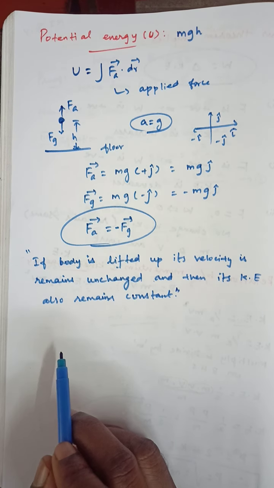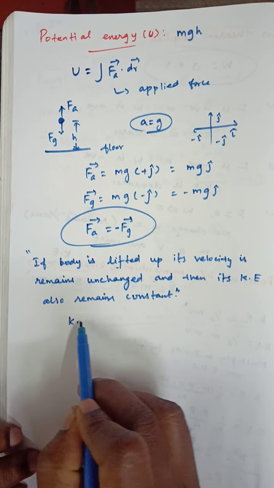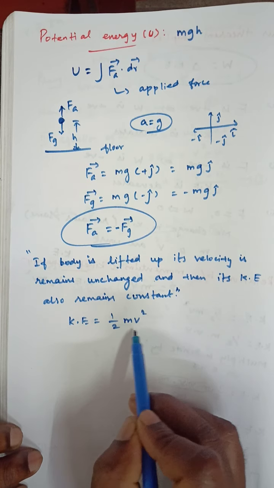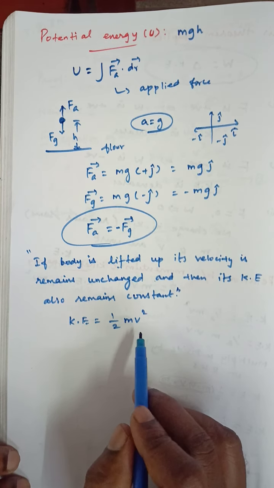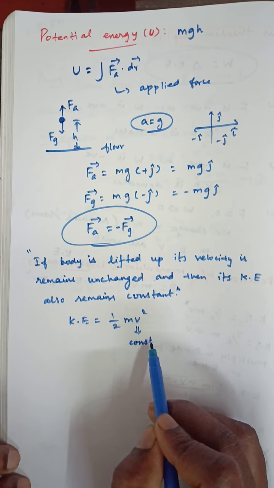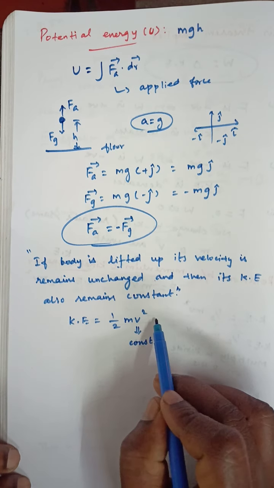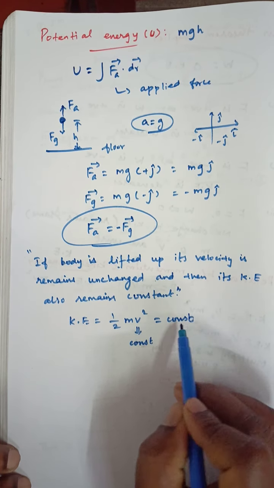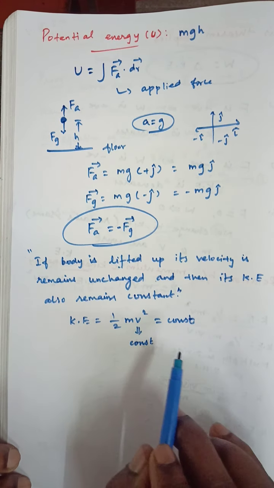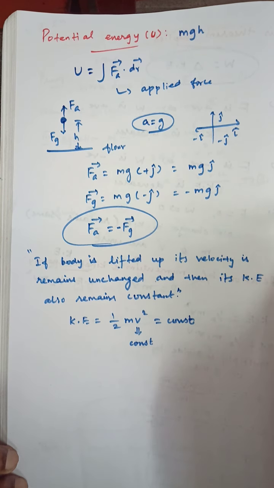Okay, so what is the formula for the kinetic energy? Kinetic energy formula is half mv square. The v is the velocity. Okay, if v is constant, it means moving with the same speed. The entire kinetic energy is also constant because 2 is a number and m, the mass, is also constant, so the entire thing becomes constant. If kinetic energy is constant, potential energy takes place.